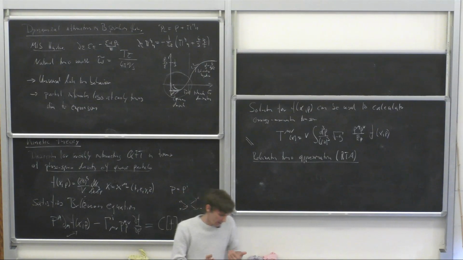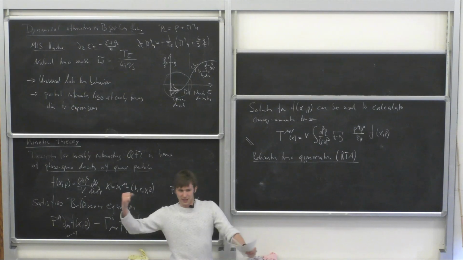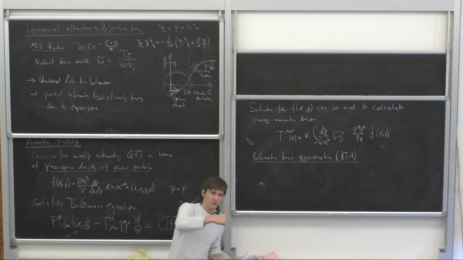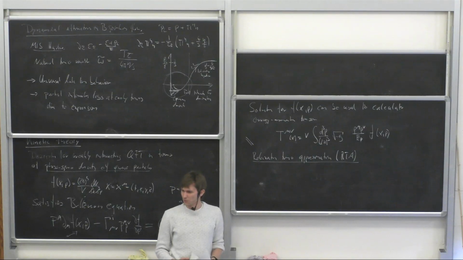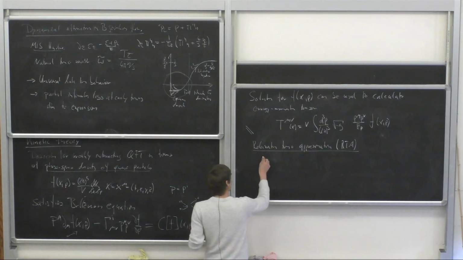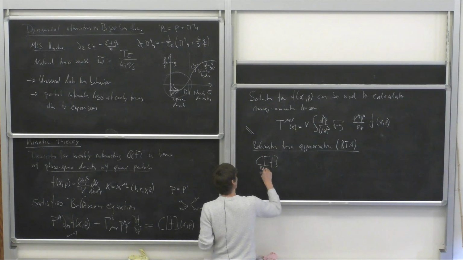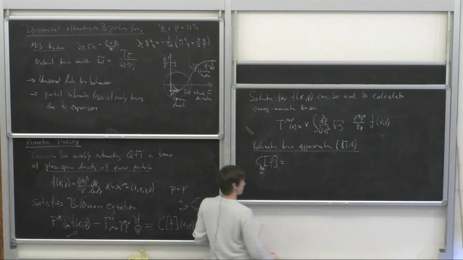And what you say in the relaxation time approximation is that the only effect this collision integral has is to drive you towards this equilibrium on some time scale that I call the relaxation time. So in this case, the collision integral in RTA is just given by